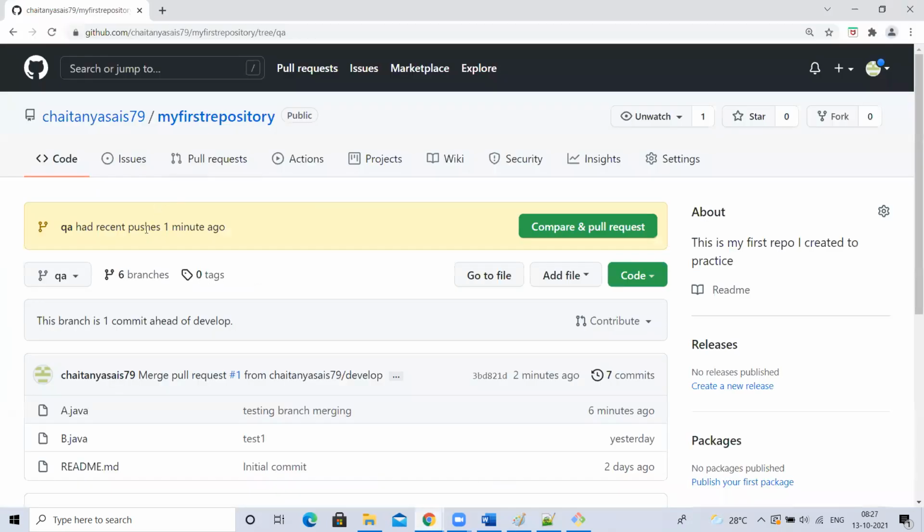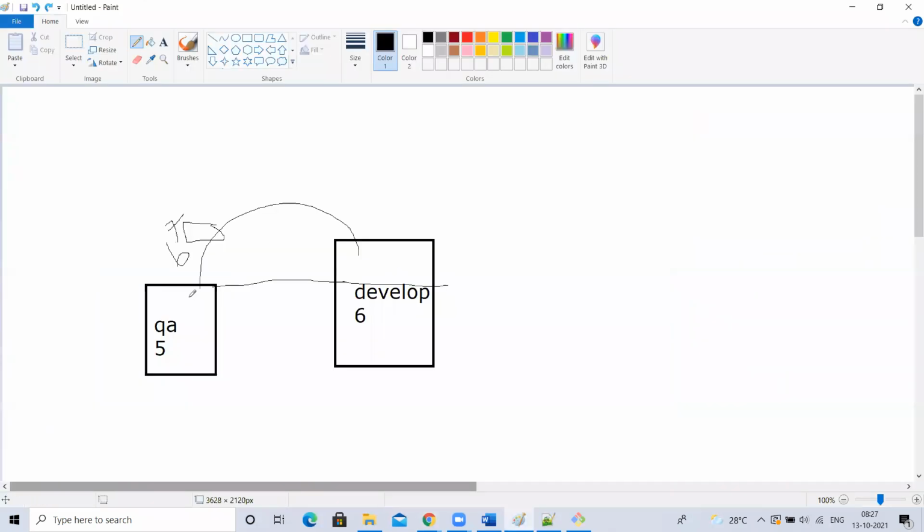Yes, understood. Okay. So if I go to QA branch commit history, right? This is QA branch. Sir, can you repeat once? See, both the branches had 5 commits, right? I made one extra commit into development branch. That is the 6th commit. Yes or no? Yes. Now I want to merge the latest changes from this branch to this branch, right? So I created a pull request and merged. So when I merge that, the 6th commit changes will come from here to here.